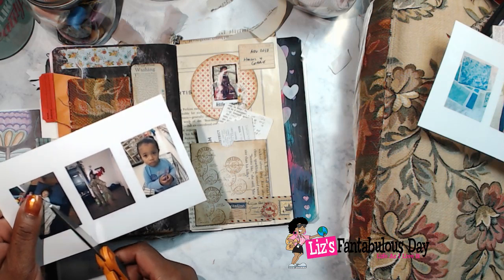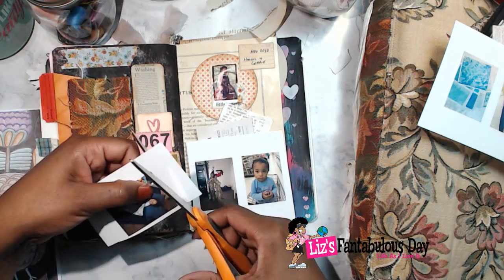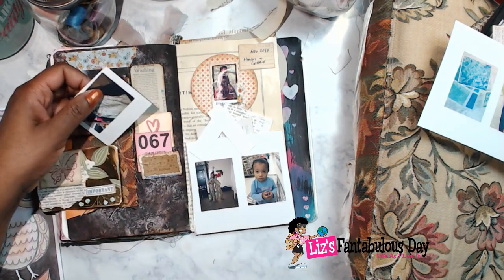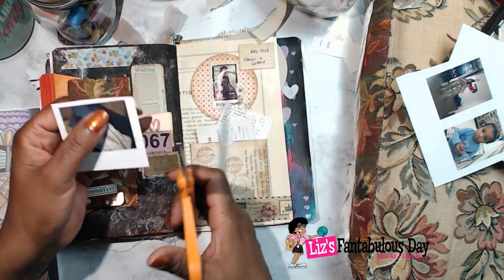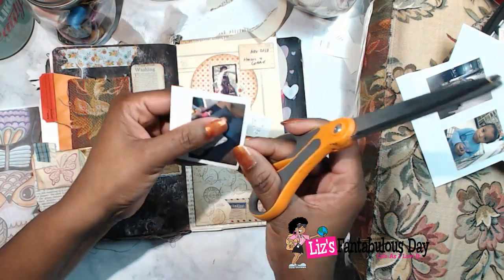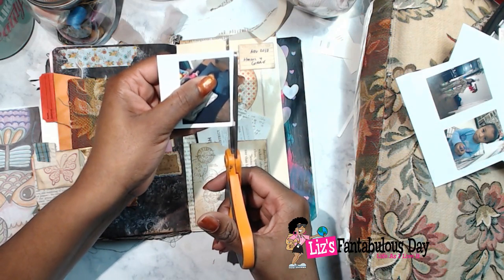It's a picture of my little buddy here. I think what I'm gonna do is kind of make this, you know how the Polaroid pictures used to look back in the day, where it had like the big white spot at the end? I'm gonna try to leave that so it looks kind of Polaroidish, and then the rest of it will do